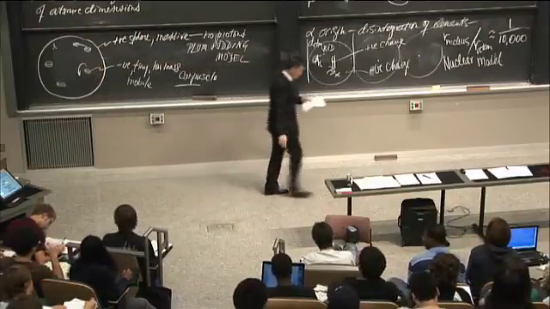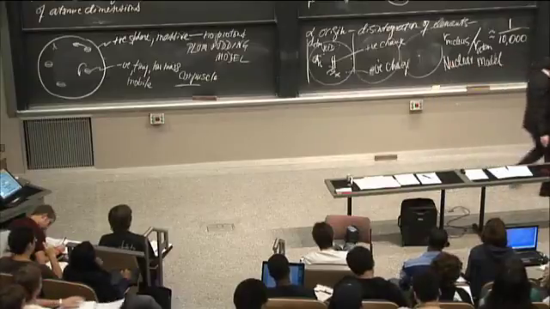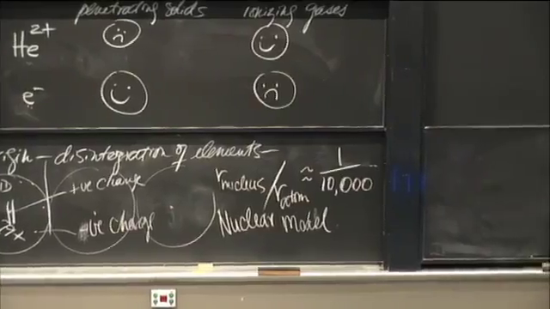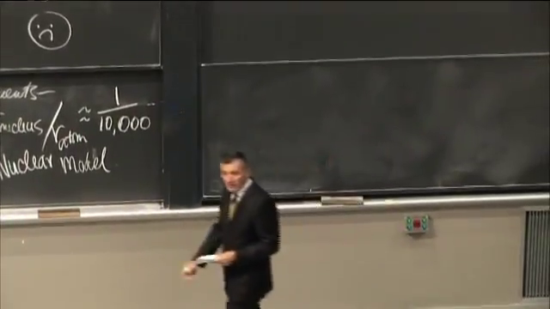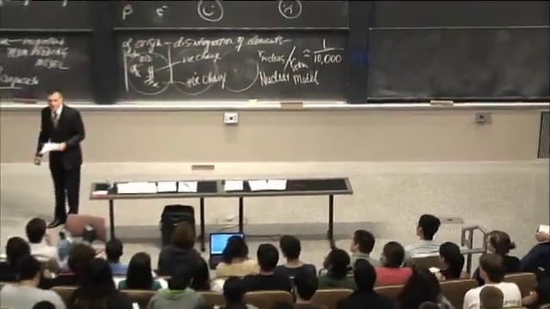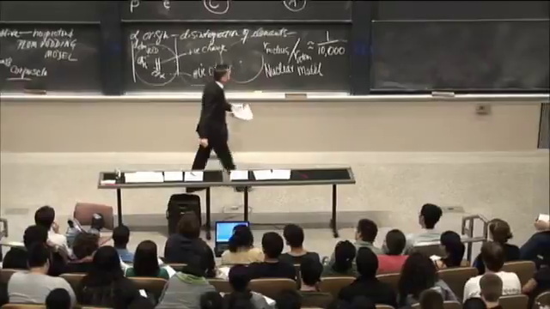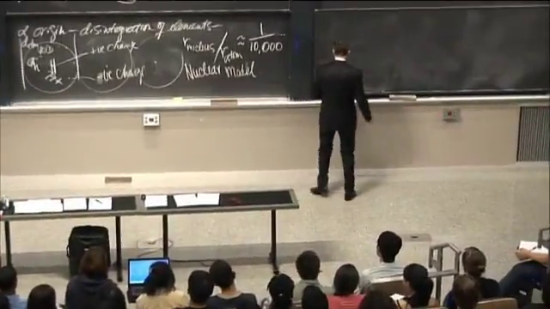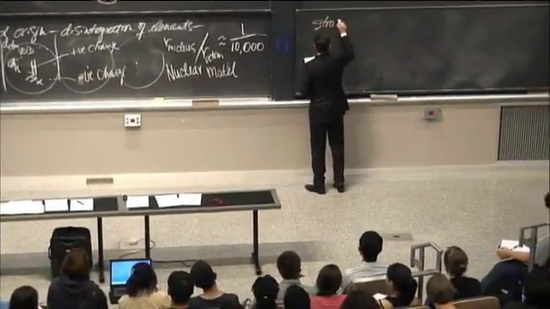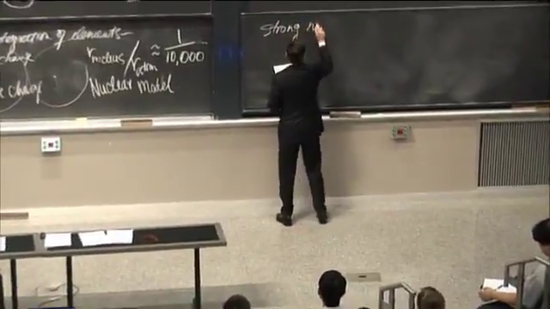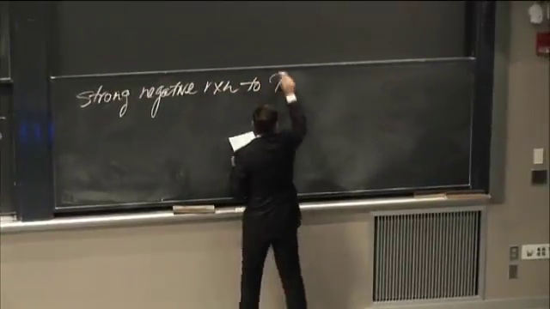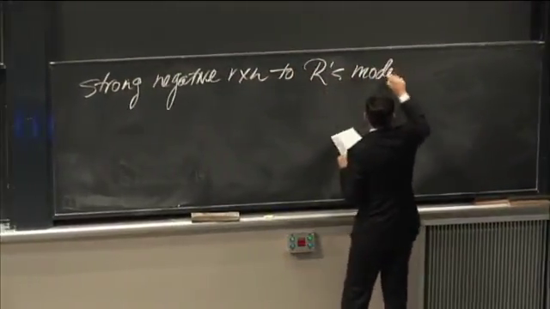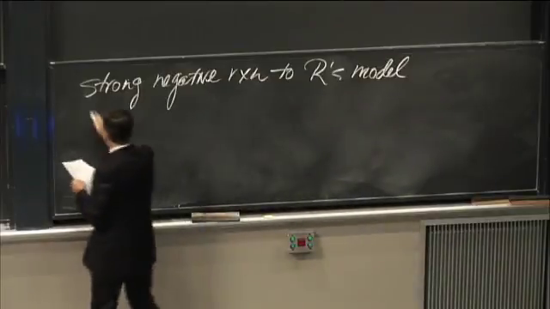So you'd think that the physics community would be ecstatic that now we've got a model that squares with the data. Well, what do you think the reaction to Rutherford's announcement was? Condemnation, derision. People didn't like it. They laughed at him. They said, well, this is crazy. There's a couple of problems with this. So, a strong negative reaction to Rutherford's model. And here are the two major objections that people pose.